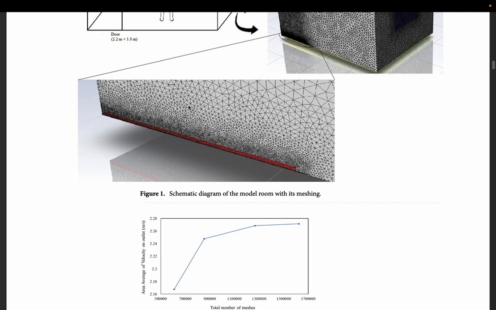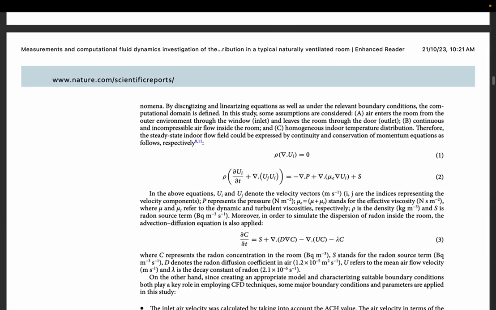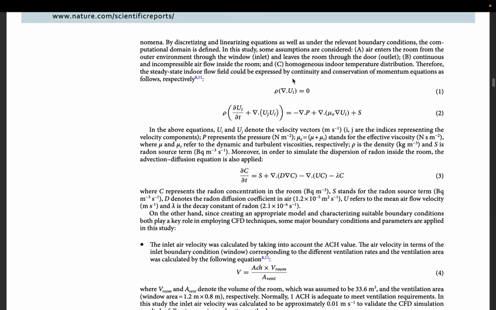As always, first you get started with your governing equations. So this is your continuity equation followed by your momentum equation. In the momentum equation, we have some source terms. Instead of the mu that we were usually using, since it is a turbulent regime, they use an effective viscosity, which will have terms both from the laminar part, that is the normal dynamic viscosity,